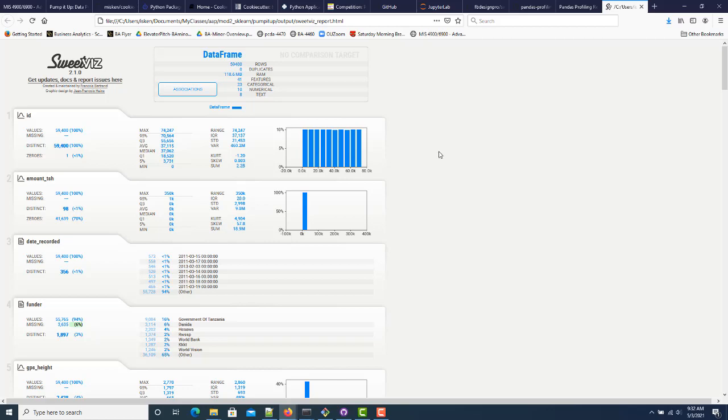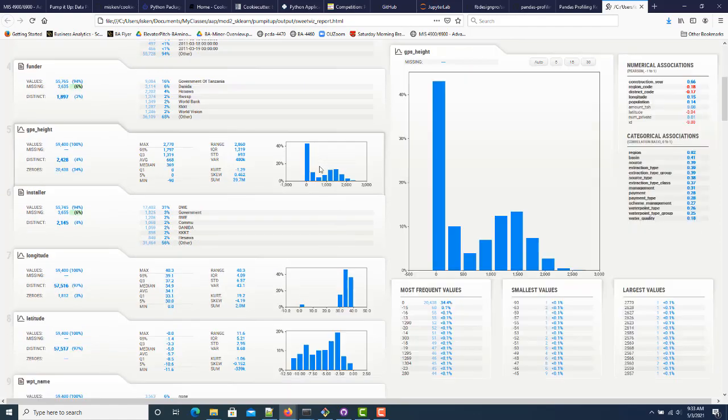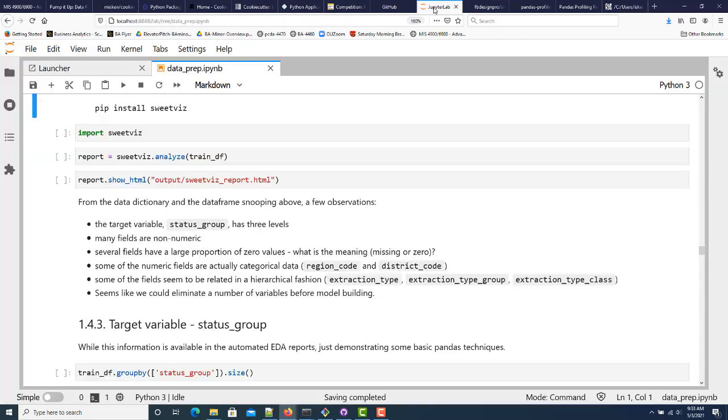And there it is. Okay. It also tries to do some things with associations. You can get these giant correlation type matrices, and it tries to do some intelligent things with categorical data. So you can take a look through. Certainly, this can save a ton of work, and there's really no reason not to use them. They're really quite useful. So, from the data dictionary of the project, and then snooping the two output